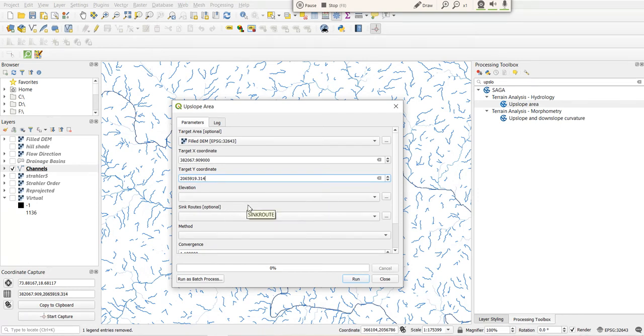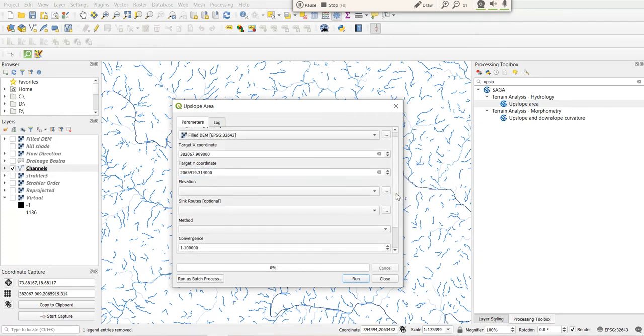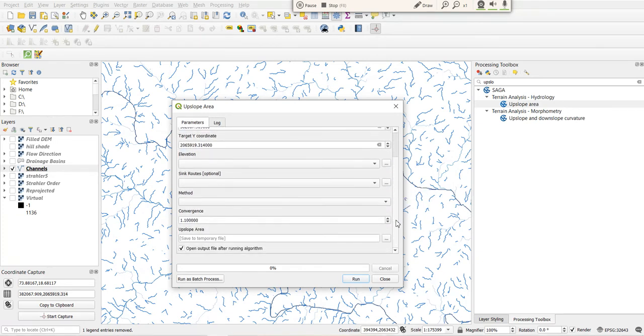The other thing we need to select is the method, deterministic 8. We need to select the deterministic 8 method.